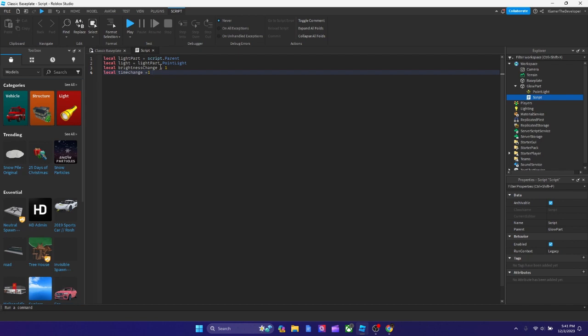And now let's start scripting. So now that we got the variables set up, we're gonna make our first loop, which is called a for loop. We're gonna use a for loop and connect it. It's gonna be the increment loop. So let's start now. We're gonna type for current brightness,